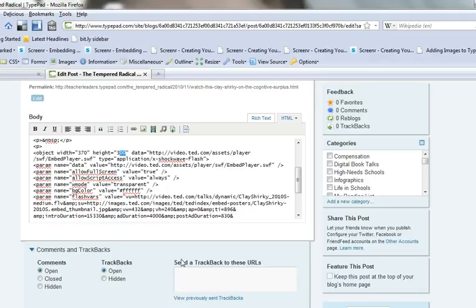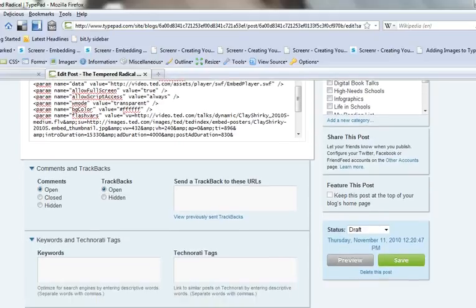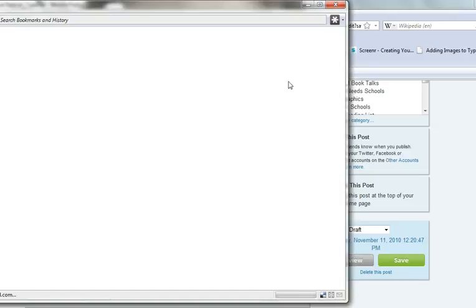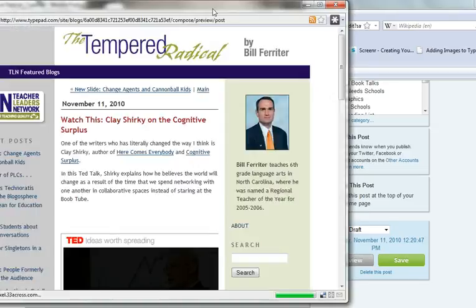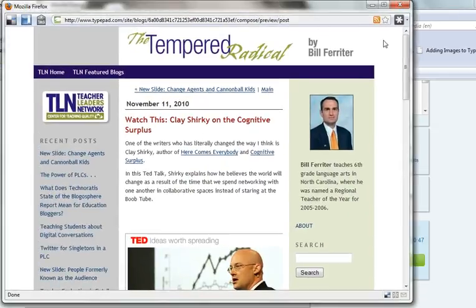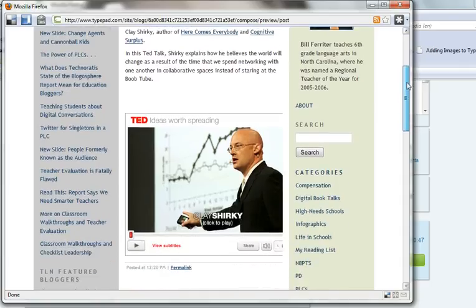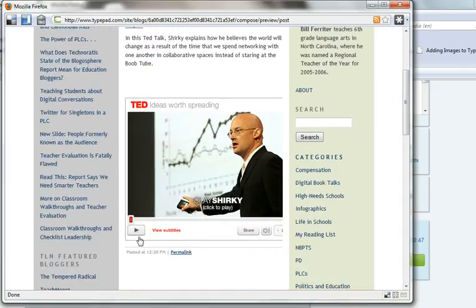Usually I go up by increments of 25 or 30, simply because that's a pretty good pixel amount. So I'll click in here, maybe we'll try 330 for my height. And I'll scroll back to the bottom again and select preview to see if that's fixed my problem. When the new preview loads, I can scroll down